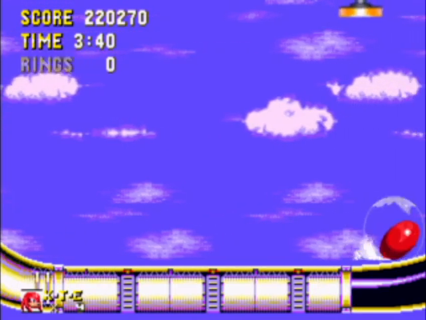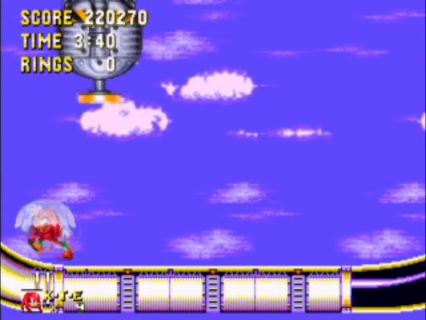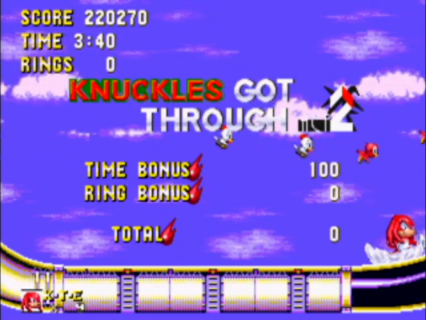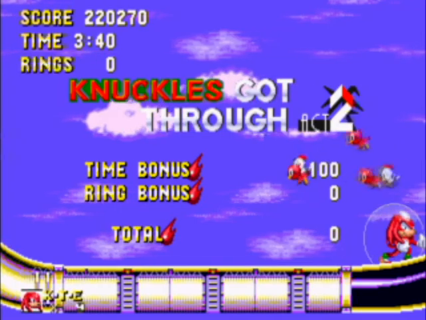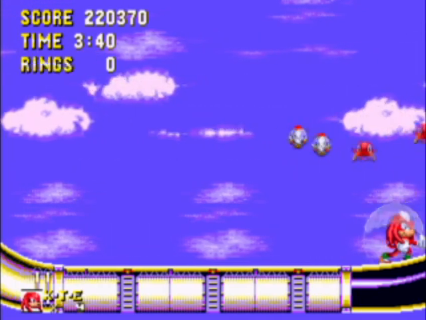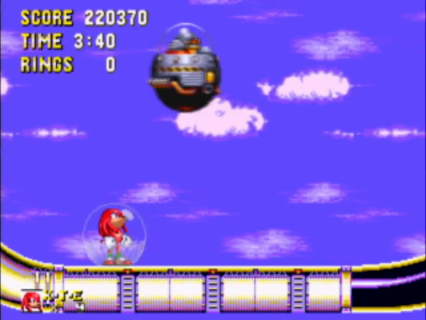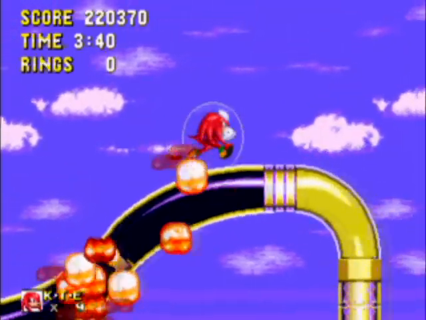So yeah, gonna wait for this capsule to drop out of the sky, and then with this, we once again end the Sonic 3 portion of the game. And then, Egg Robo, being the sore loser that he is, goes and drops a bomb on us, which apparently takes out the entire Launch Base Act 2, and we drop